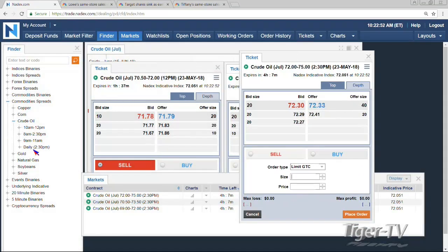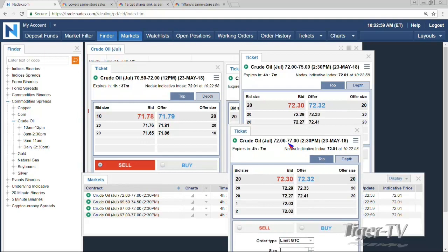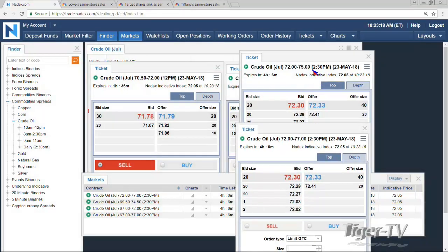But what usually happens is when they have identical price points for the 2:30, what I want to point out is, so this is the one that has $5. And look at the bid offer spread here. Here's your one that has $3 of potential. Here's the one that has $5 of potential. And they're identical bid offers. So we see it a lot. So you don't have to pay for the extra $2. If you're purchasing this, it's a similar time, you have till 2:30, and so the market's not making you pay for that extra $2 of potential